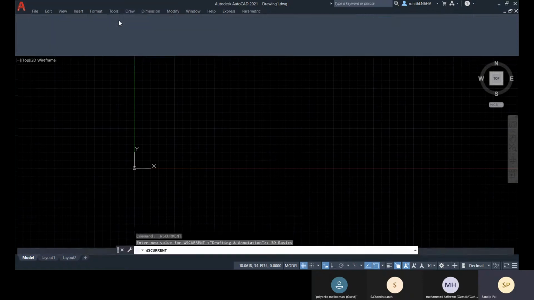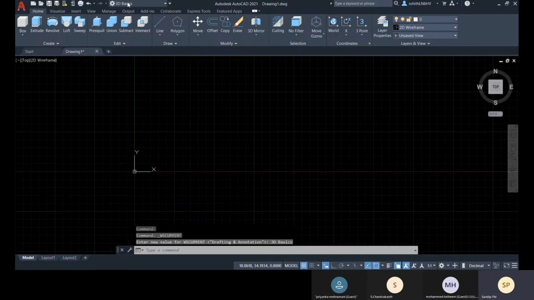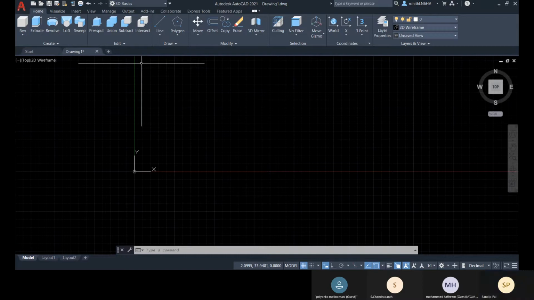So, let me switch 3D basics. And here you will find some basic modeling tools. Here you will not find most of the complex tools to modify any kind of complex model. So this tool set is for basic modeling.